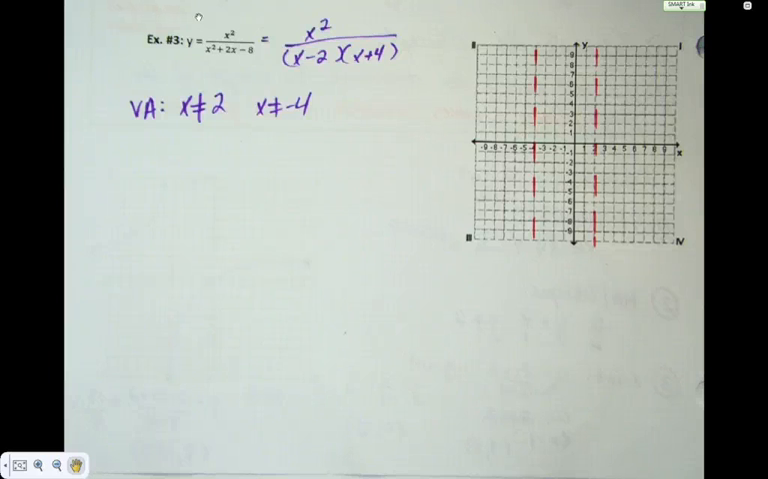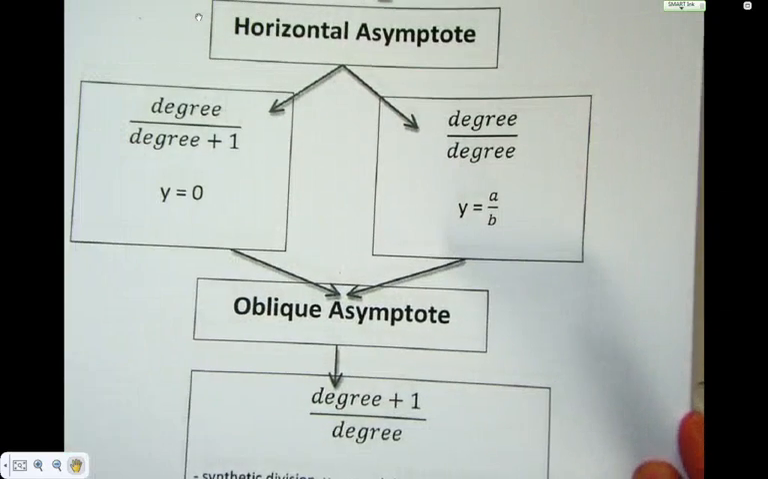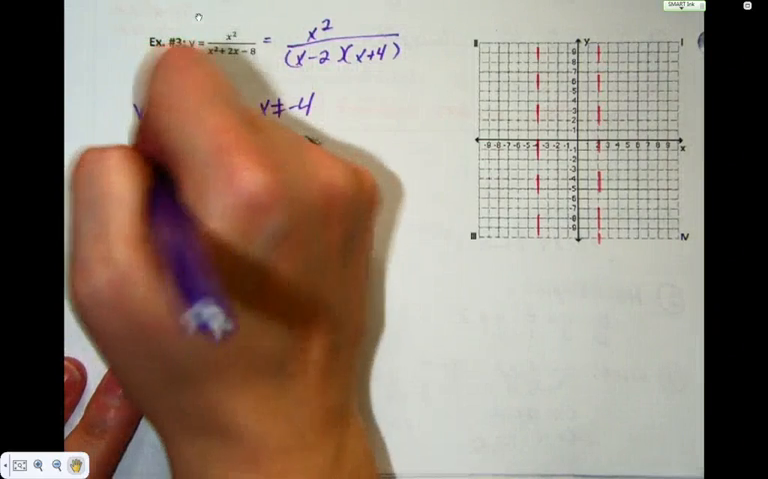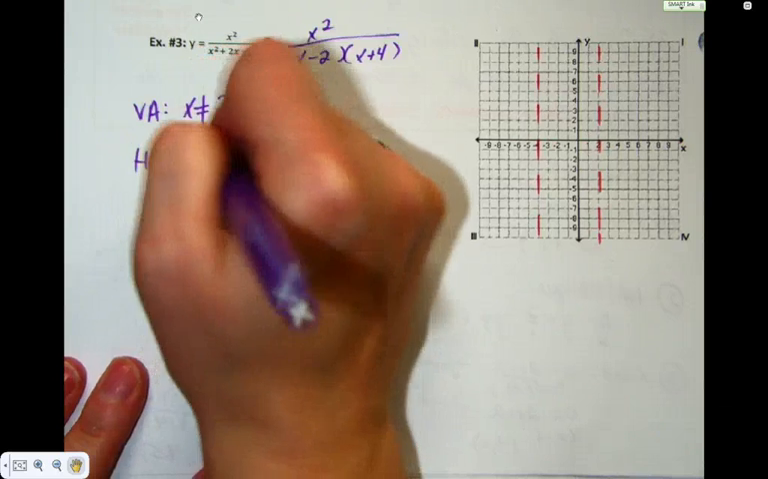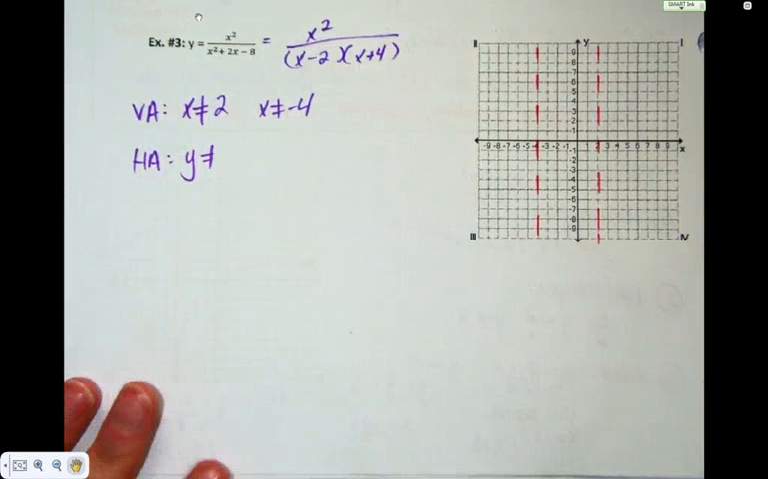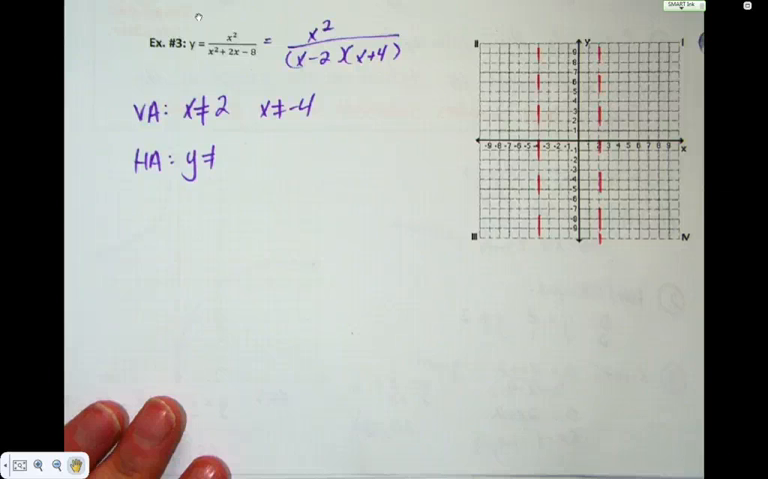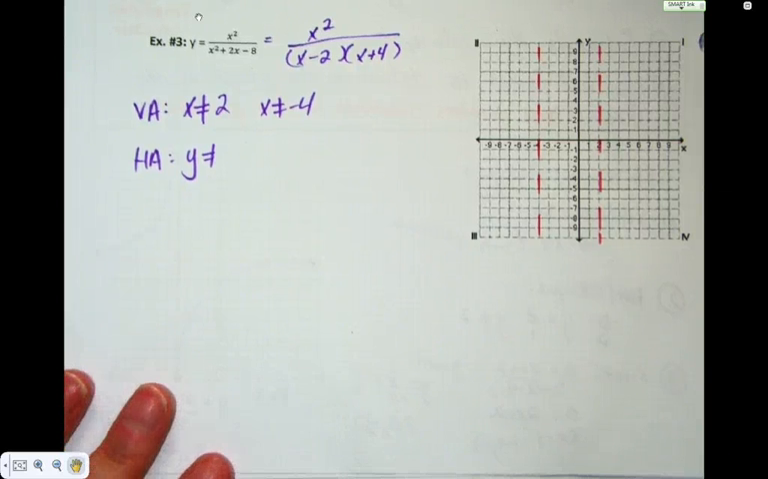Step number 2, horizontal or oblique. Okay, analyze the degree, then pick your situation. So which of these do we have? Degree over degree, which means we're looking at the leading coefficients. What's the leading coefficient on the top? What's the leading coefficient on the bottom? And if you divide them,